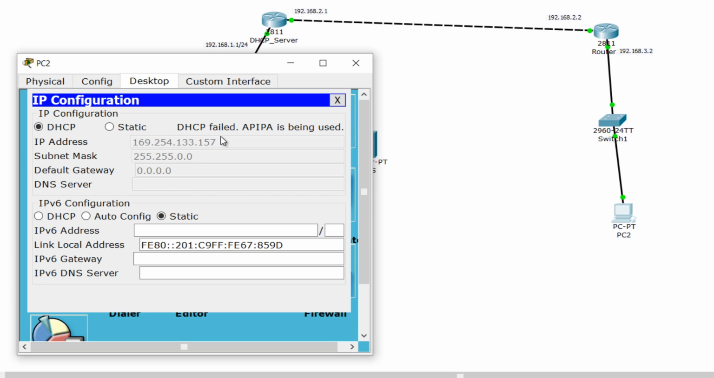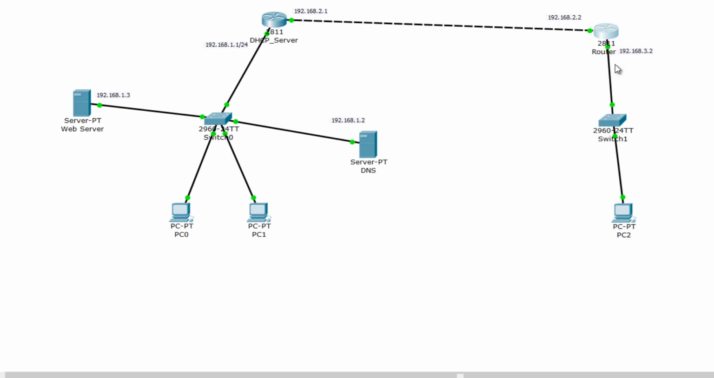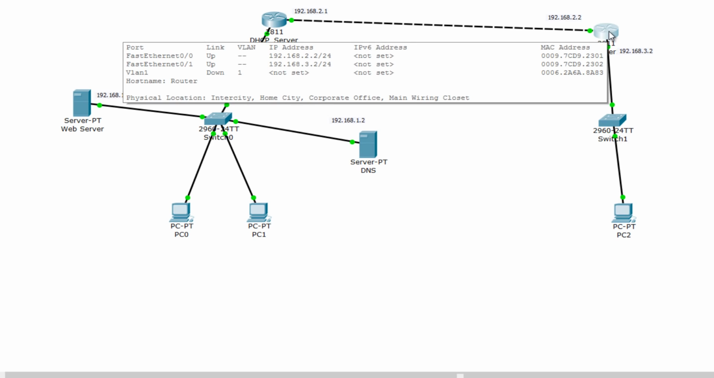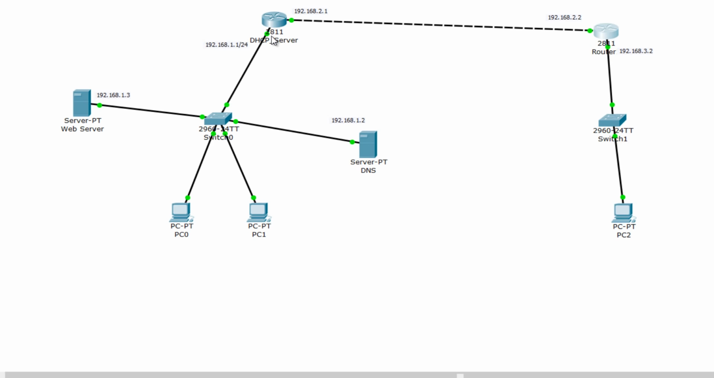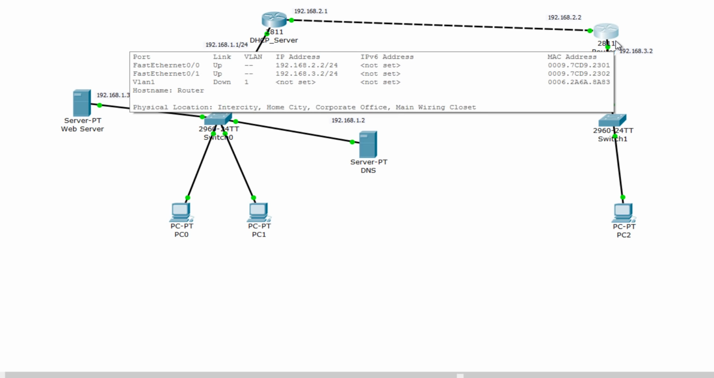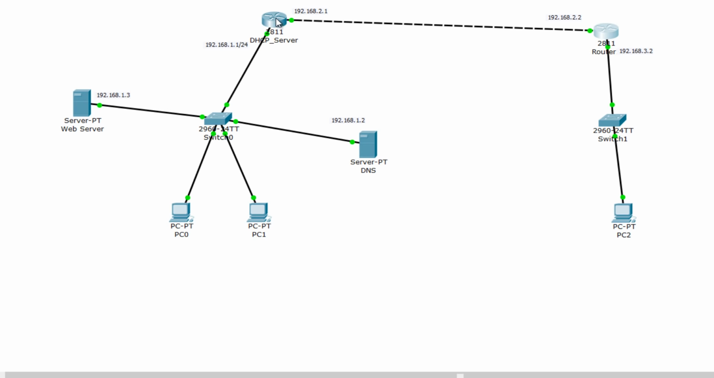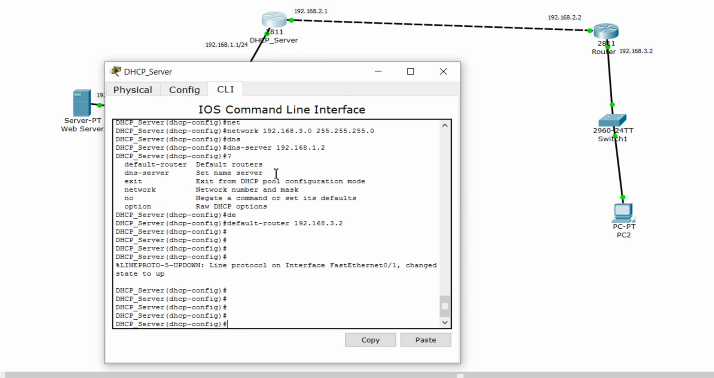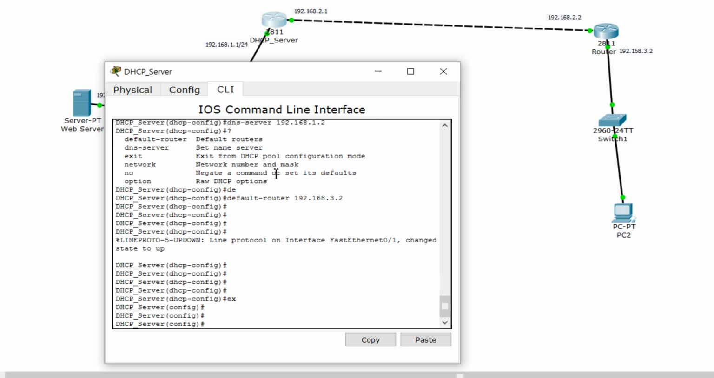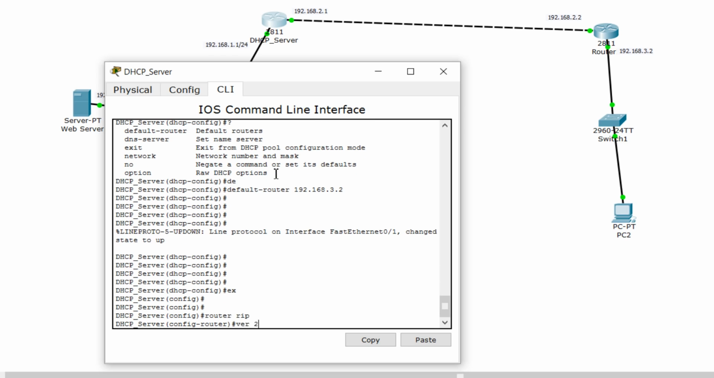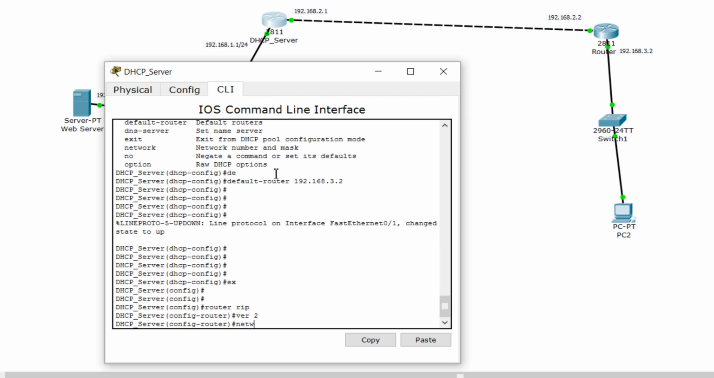Now what do we want to do? Whenever the gateway device receives a request for a DHCP server, we want it to pass that along. We want this to become a DHCP relay server. Before we do that, let's do one more thing. We'll enable RIP routing. So router rip, version 2, network